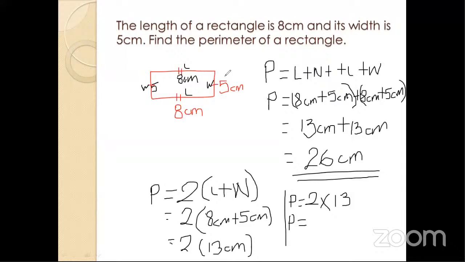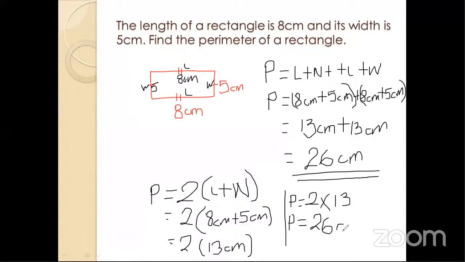Okay, 2 times 13, 26. Mark said 26. Justin said 26. Charles said pick me. Charles, just write for me the answer. Desmond said 26. Dorcas said 26. So thank you. So meaning that 2 times 13 is